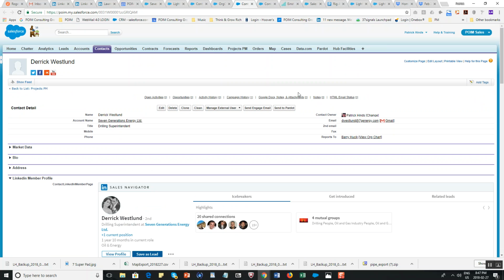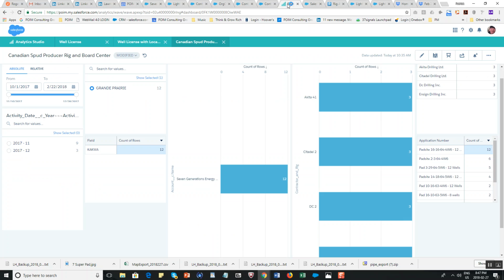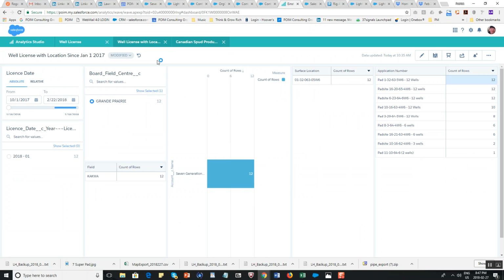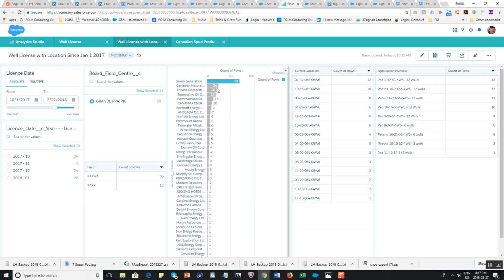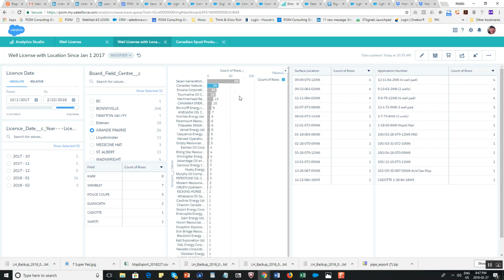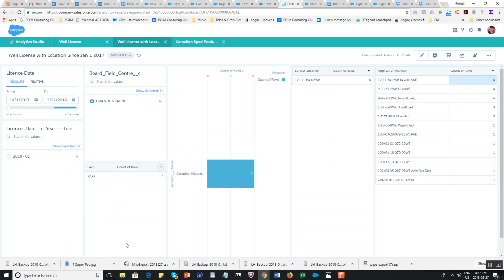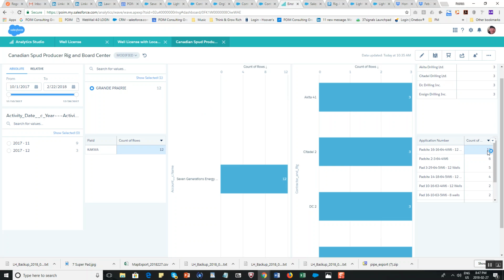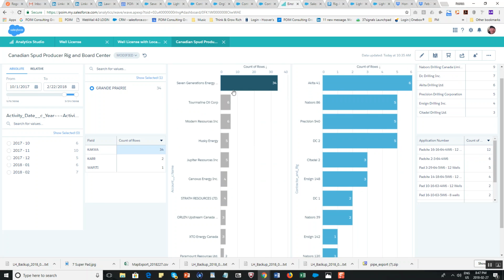The great thing about what I've showed you here is it's totally repeatable. So right now I looked at it from a 7 Generations perspective, but when I look at my well licenses, I can come back here, back it out a little bit, and say, hey, let's take a look at Canadian Natural Resources. So we're not building the major super pads there, but I could come in and say, well, let's look at this particular pad. Happens to be in the Carr region. We can come in. There is the facility. I can then come back over here, take a look at that, back it out a little bit,